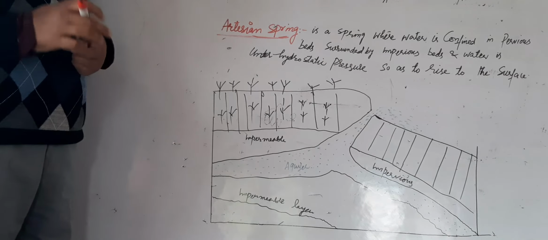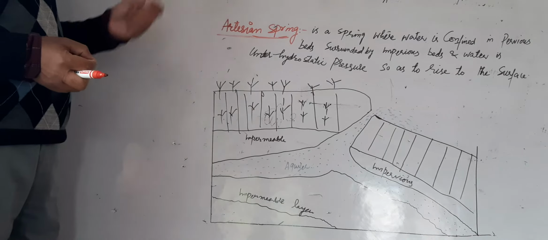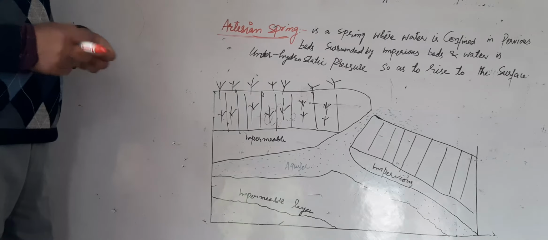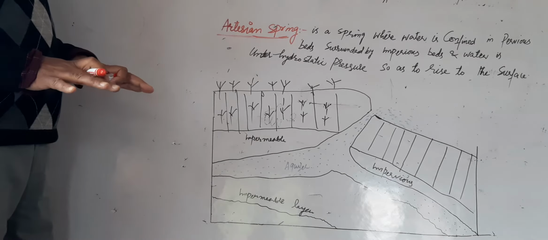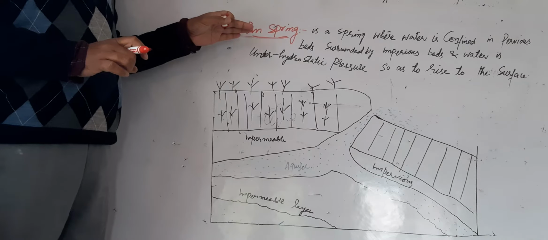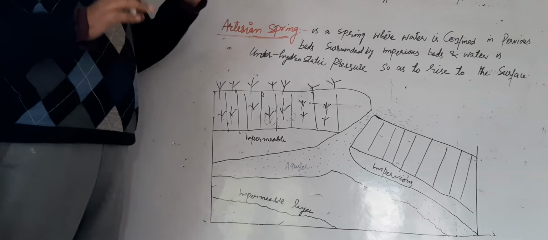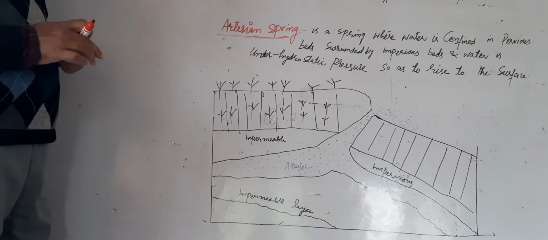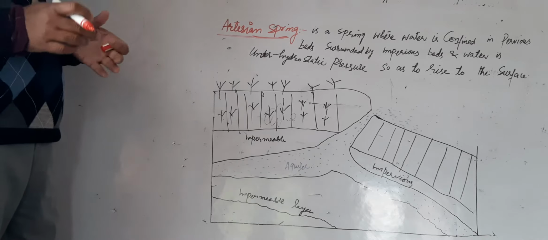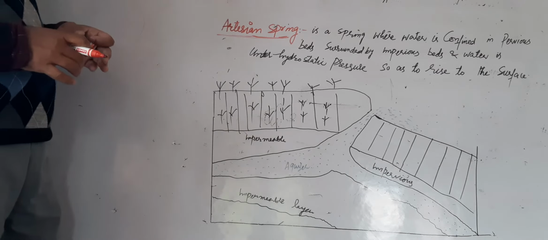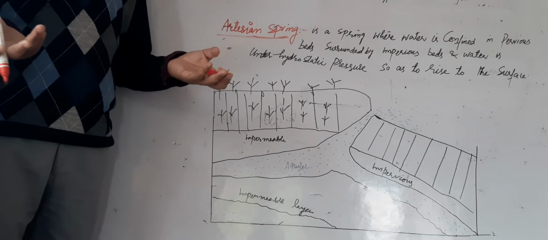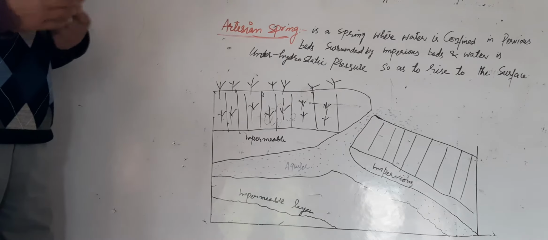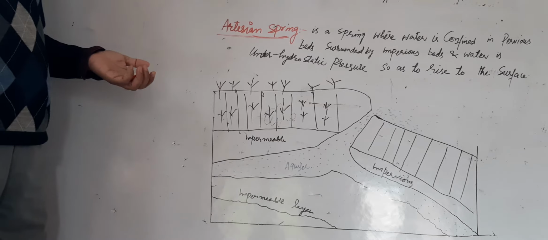understanding, or rather learning, the second unit of our class 11th, that is hydrogeology, science of underground water, and we are discussing water springs. I have already told you in the previous class what are water springs. Water springs is applied to the subsurface water which gushes out from the ground. These water springs are regular or irregular in their flow,